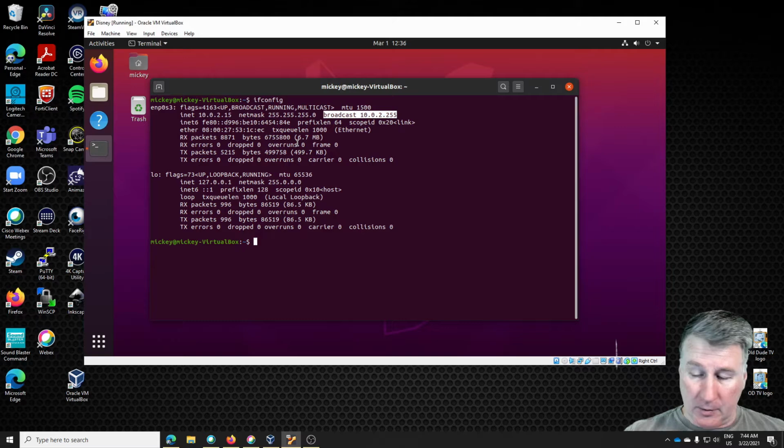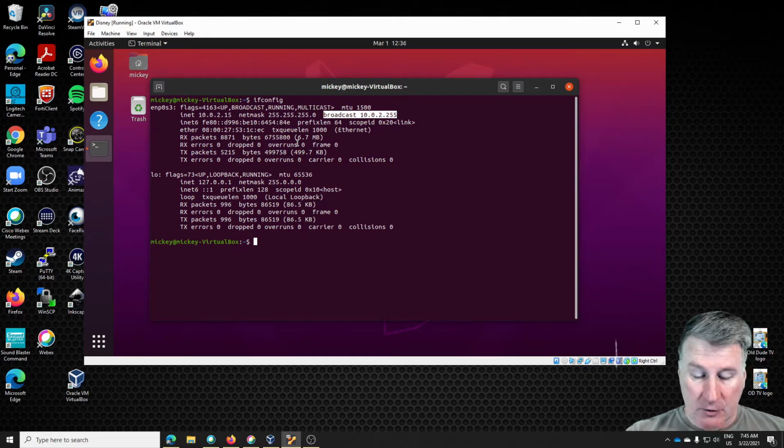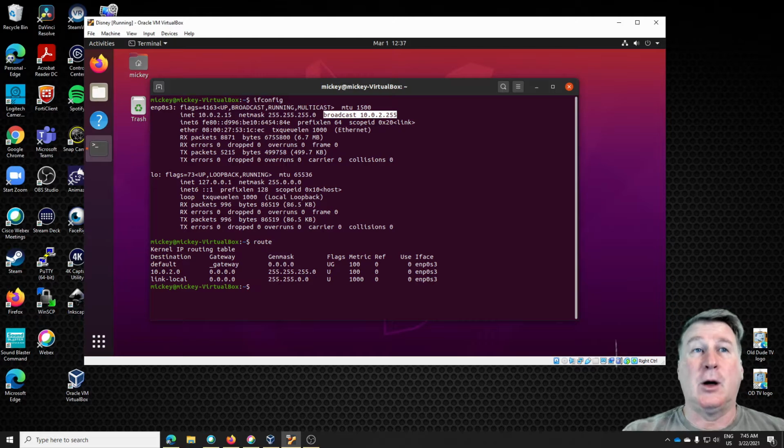Might as well use that command now. Not only can you view configuration settings with ifconfig, but you can actually make changes to your network card. Right now we're set up for DHCP. We'll get into that a little later, actually in another video. The route is what we call your gateway, or your gateway of last resort, your default gateway,